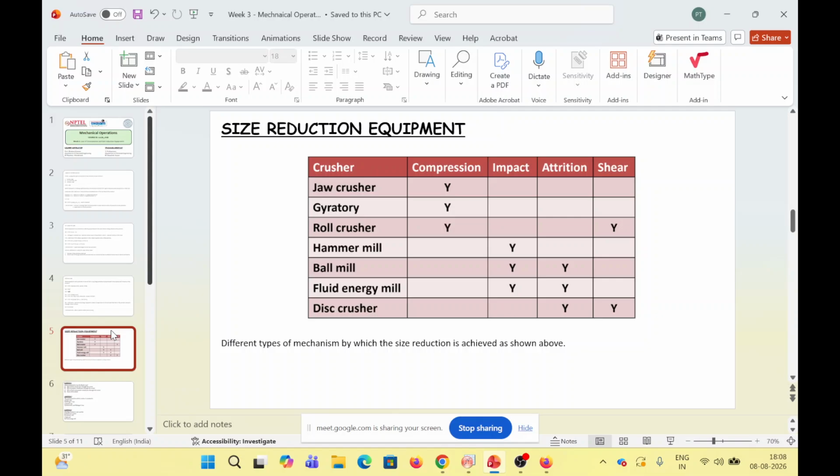So below the critical speed of revolution, it is going to be your shear force. Above the critical speed of revolution, it is going to be your impact forces, which is responsible for breaking down these particles. So if you want a finer size of particles, then you need to actually put